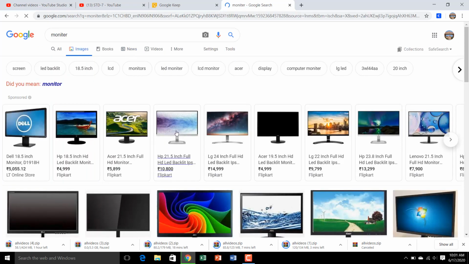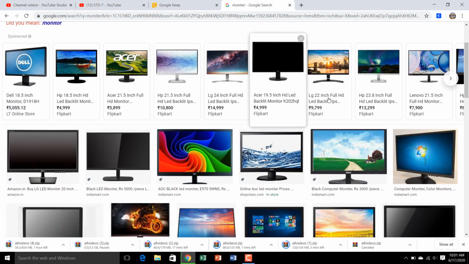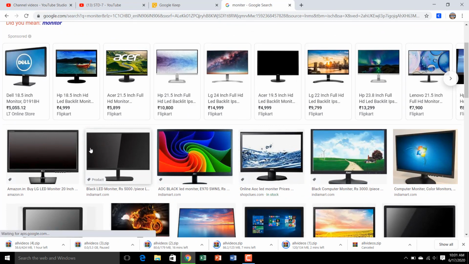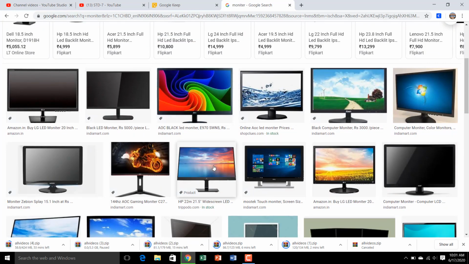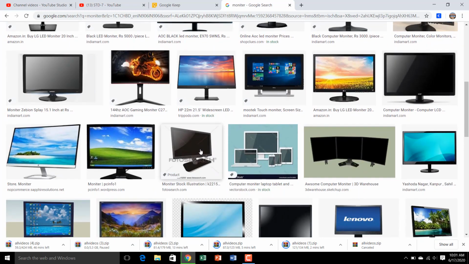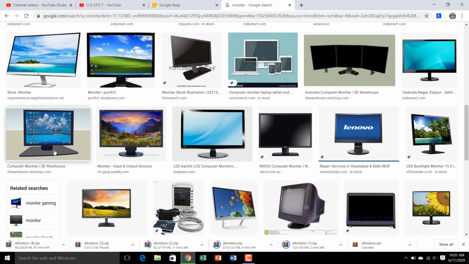You will see here lots of monitors available. These are all names of monitors. Different companies make monitors in different sizes and different color variations. So these are all monitors.